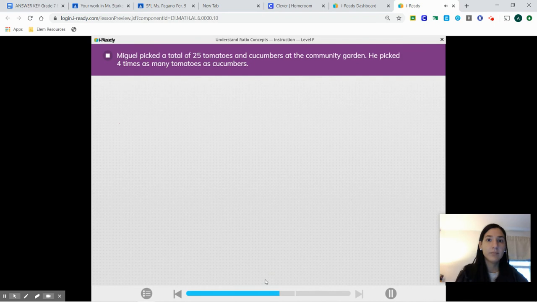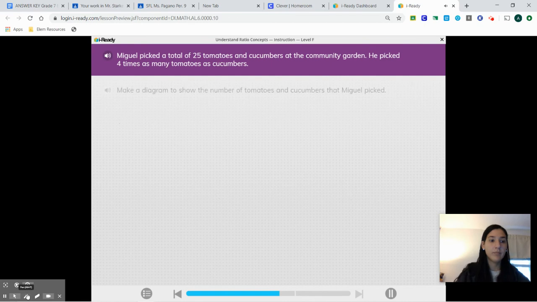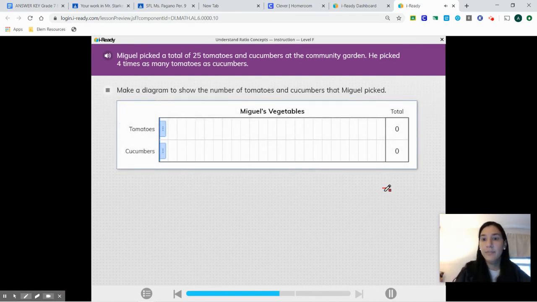Miguel picked a total of 25 tomatoes and cucumbers at the community garden. He picked 4 times as many tomatoes as cucumbers. Okay, so make a diagram to show the number of tomatoes and cucumbers that Miguel picked. I have 25 in total. I know that I have 4 times as many tomatoes as cucumbers. So my cucumbers is going to be my x, and my tomatoes are going to be 4x. So now I'm going to do 4x plus x equals 25. 4x plus 1x is going to give me 5x